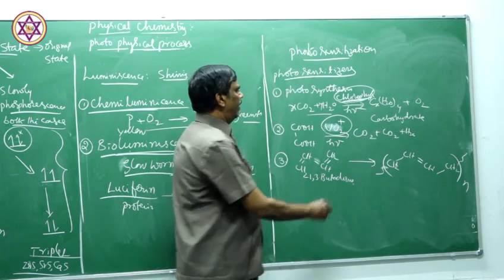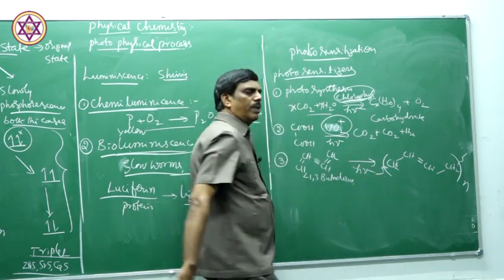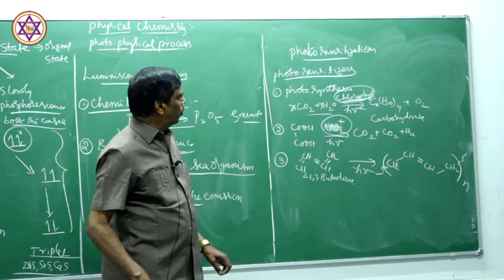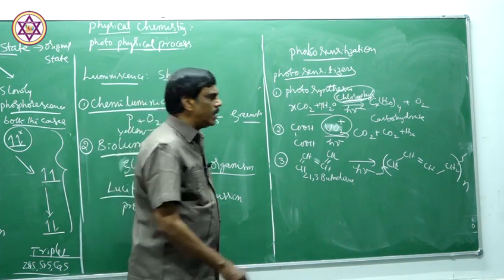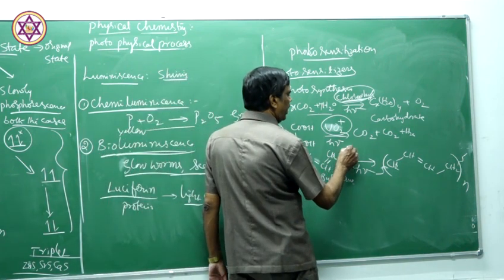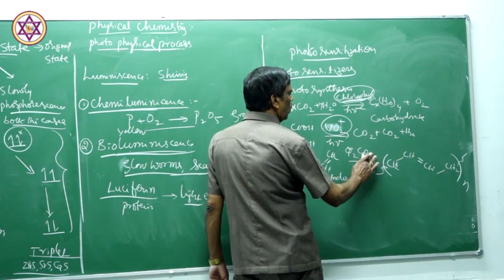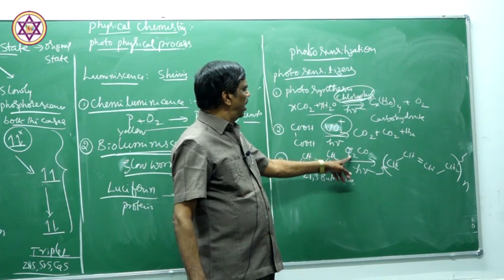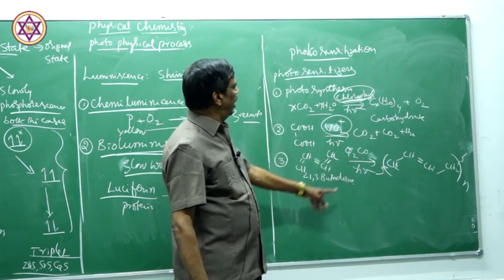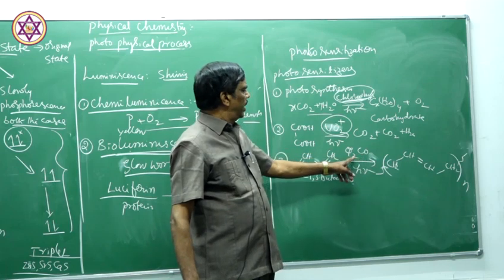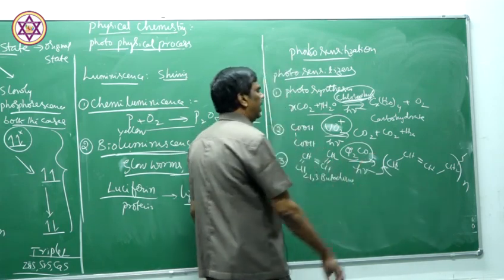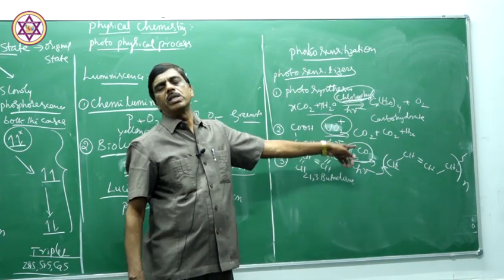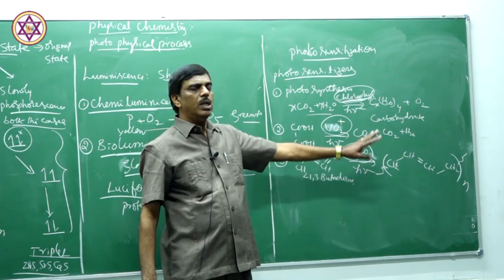This polymerization will not take place when energy is simply passed through it. Only in the presence of a photosensitizer does this reaction take place. Such a photosensitizer is diphenyl carbonyl. That is the photosensitizer here. In the presence of this photosensitizer, diphenyl carbonyl, 1,3-butadiene undergoes polymerization to form a polymer.